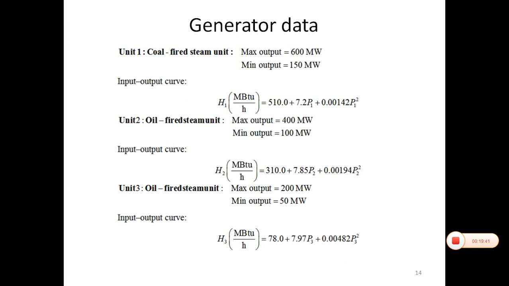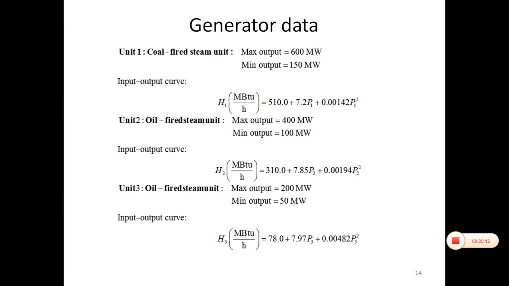Unit 2 is called an oil-fired steam unit, meaning that this unit is driven by oil fuel. So it will have a maximum output of 400 megawatt, and minimum it can give us 100 megawatt. So it can give us output between 100 and 400 megawatt. Its input output curve is represented by H2 MBTU per hour, which is equal to 310 plus 7.85 P2